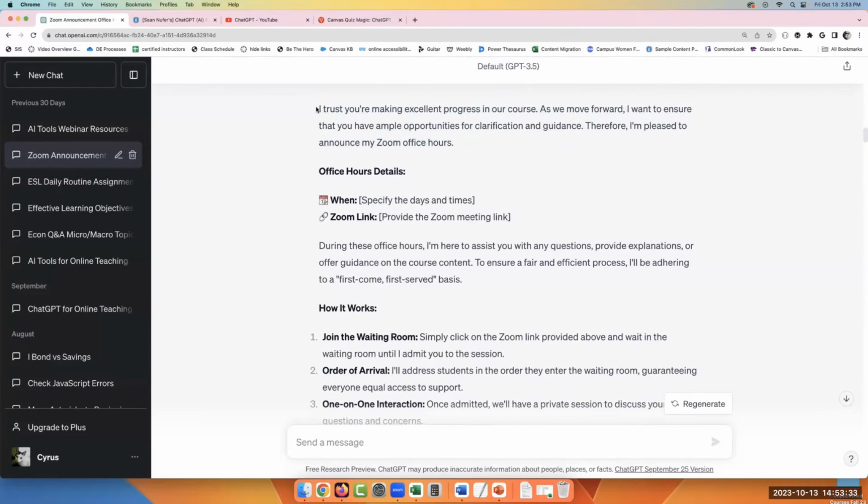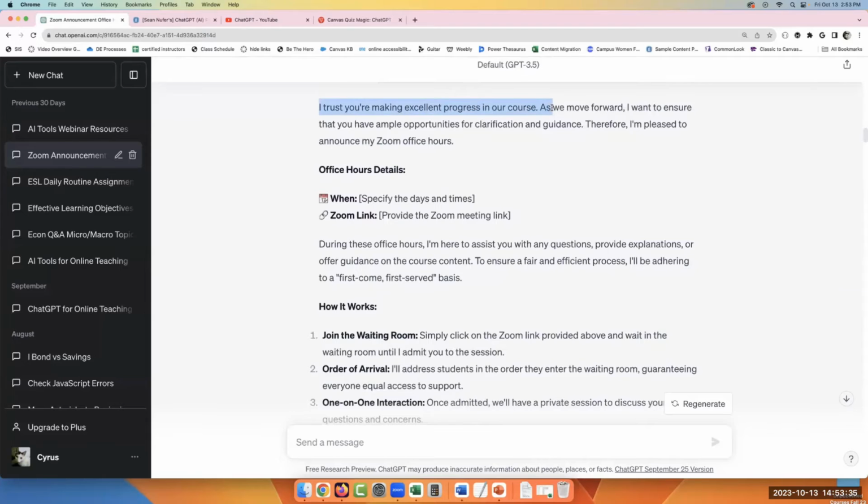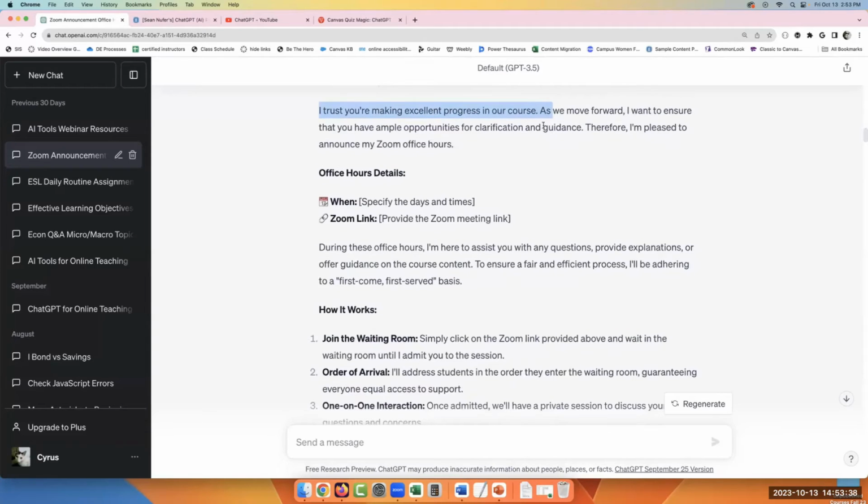I like it. Now it says, I trust you're making excellent progress in our course. I kind of like that. It has a ring to it. As we move forward, I want to ensure that you have ample opportunities for clarification and guidance. Okay. Therefore, I'm pleased to announce my Zoom office hours.